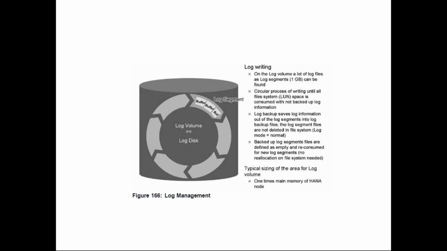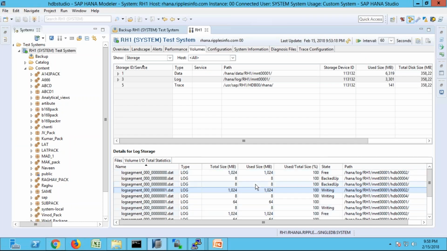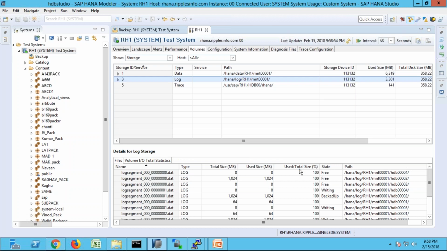And once a backup of the segment is completed, whatever data we have in that segment will be cleared. Once the backup is successful, the data in the segment will be cleared, deleted. So then it will have the status that the segment is free. That's why it is showing the status of this segment as backed up. And once that backup is completed, if you refresh, it will show you the status is free